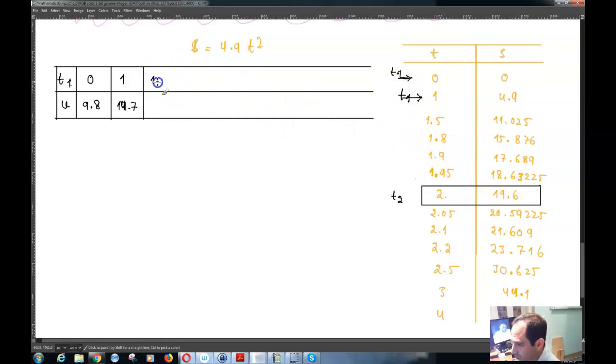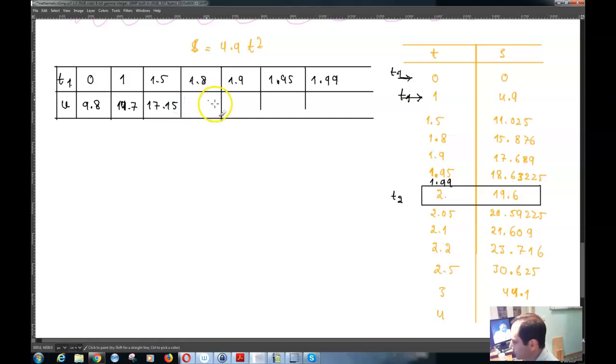For example, 1.5, or also 1.8, or 1.9, or 1.95, and also 1.99 you can calculate as well, although it's not over here. So the respective values for these inputs would be